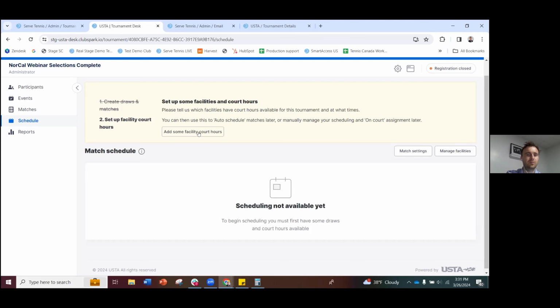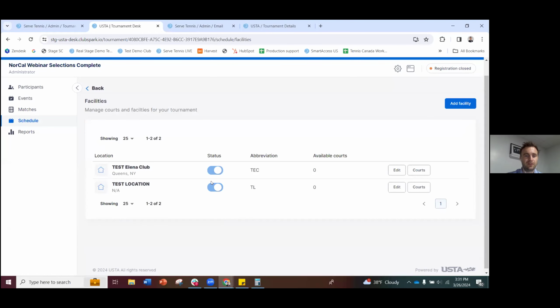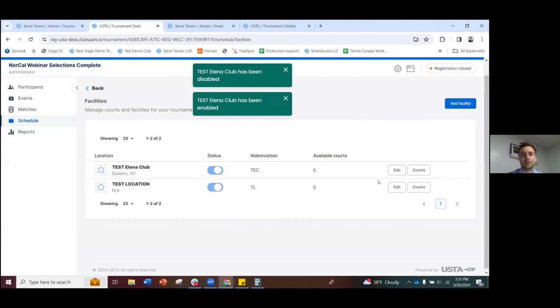So if you see this yellow box, it's going to kind of tell on you what's missing. Okay, so I can come to manage facilities and I can see the locations we have. If it's turned on, it means I have access to that. If it's off, I don't have it. So I'm going to turn this one on, and now we need to tell the system